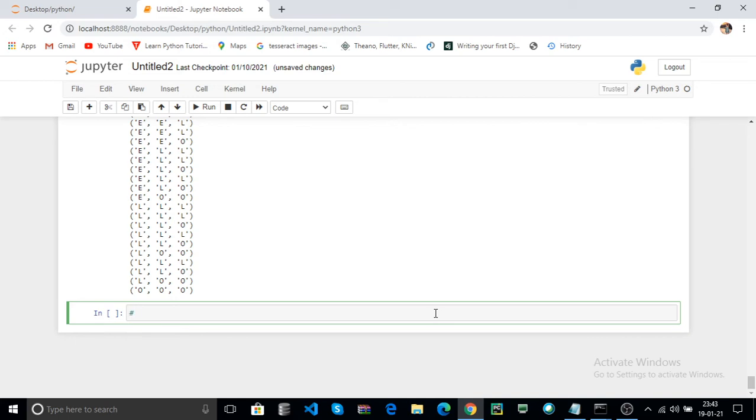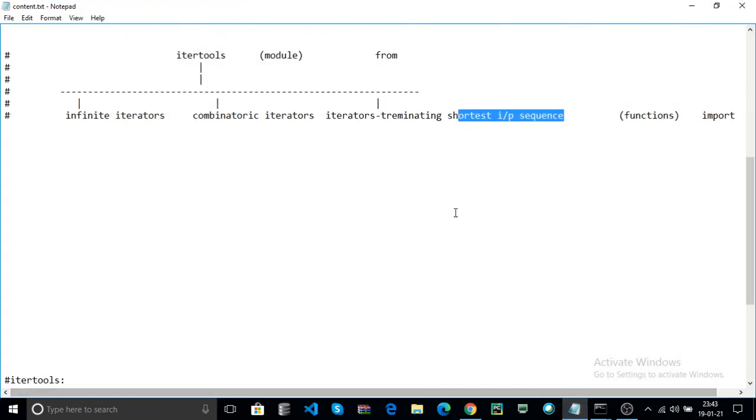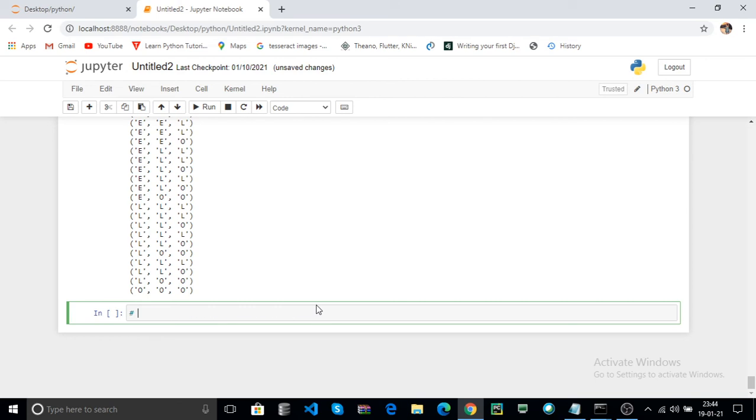Now the next type of functions is iterators terminating on the shortest input sequence. It iterates over all of your input sequence. After completing your sequence, it is terminated; it does not run for infinite time. After completing your input, it terminates automatically.